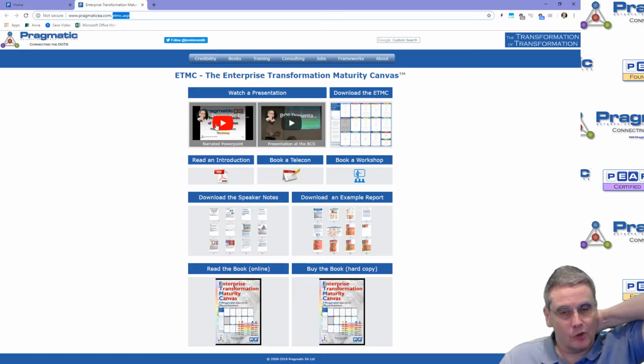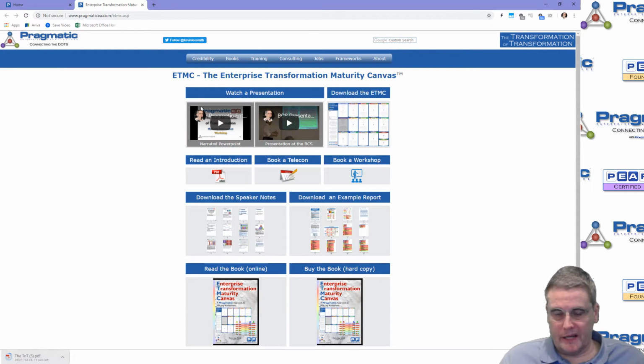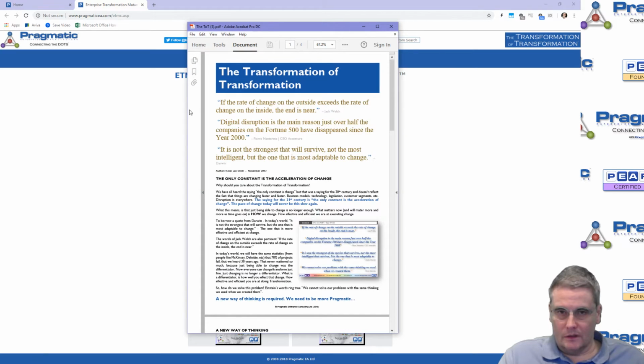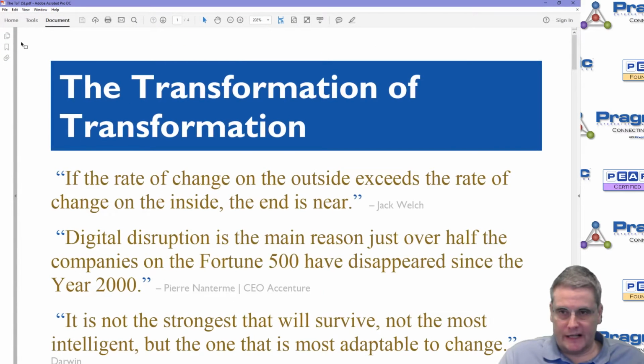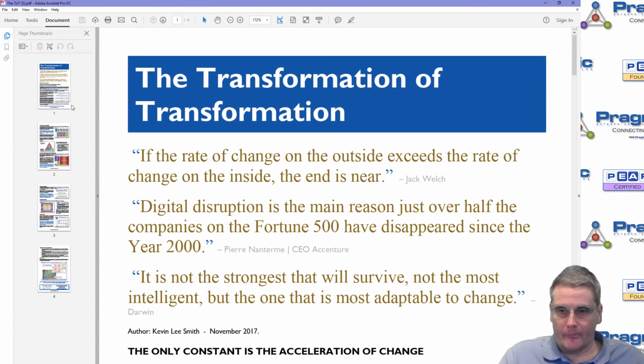Only need a small amount of the terminology. That's one of the benefits of the ETMC. There's a BCS presentation that I did of basically the same thing. You can download a PDF of the ETMC. You can read an introduction, which is a 4-page PDF, which you can print out. If you print it out on an A3 sheet, you essentially get a folded A4 kind of a thing, which